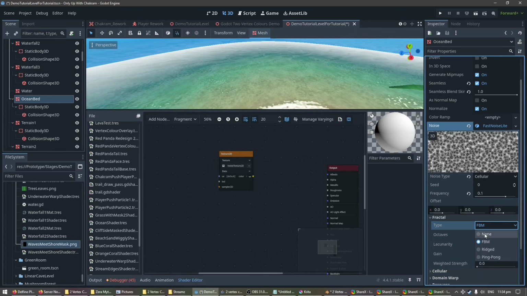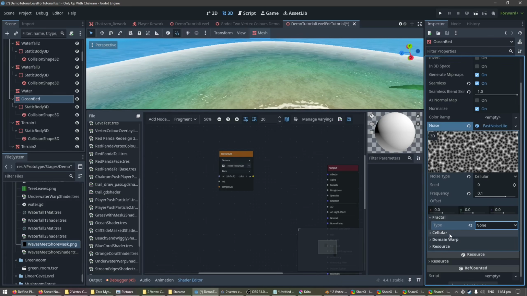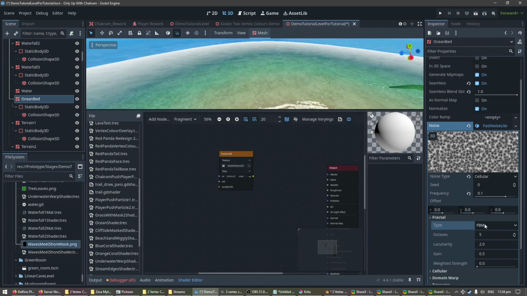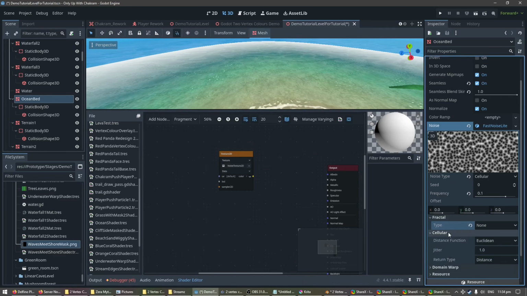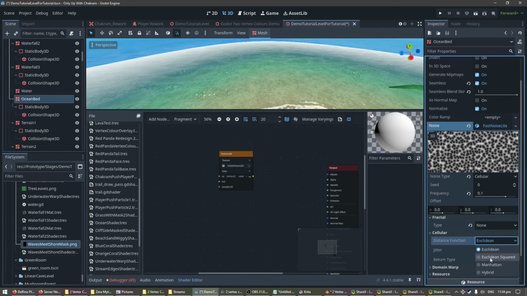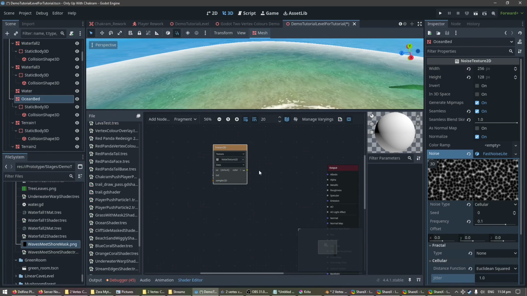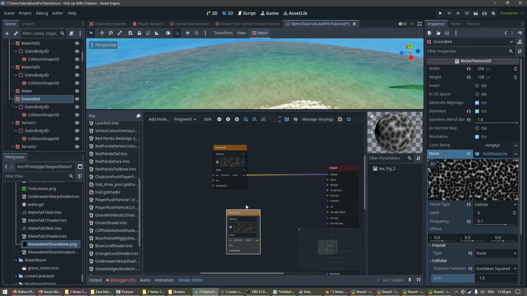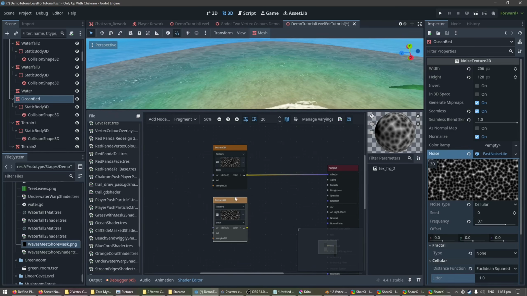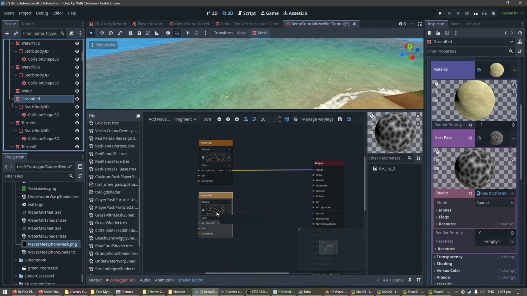For fractal, I actually set this to none. See, that makes a big difference. Set that to none. And then cellular, I put mine at Euclidean squared. Okay, so that's our first texture. We're going to create another one. Okay, and so for our next texture,